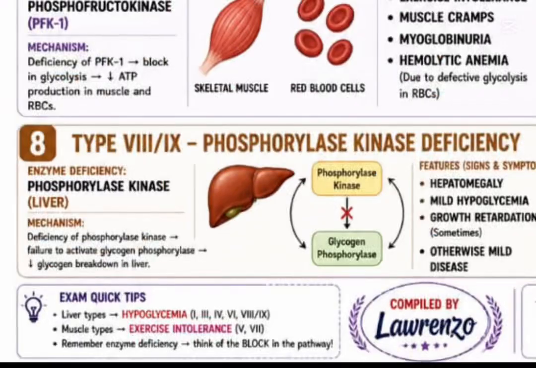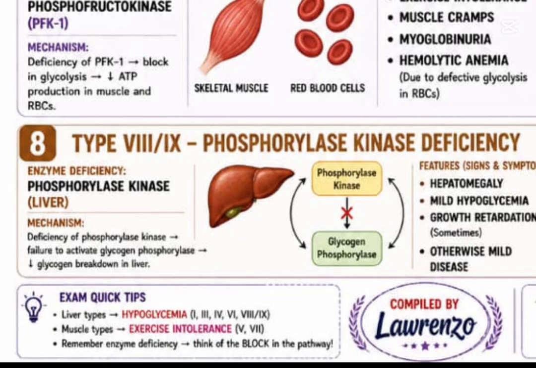The last but not the least is type 8 and type 9, which is phosphorylase kinase deficiency. In this condition, there is deficiency in phosphorylase kinase. And what is phosphorylase kinase used for? It will increase glycogen phosphorylase formation. Remember, in our last video on glycogen metabolism, we did the regulation, where when you increase epinephrine, what happens? You increase